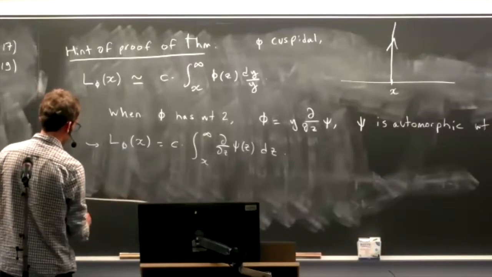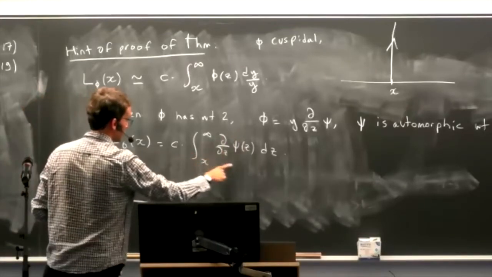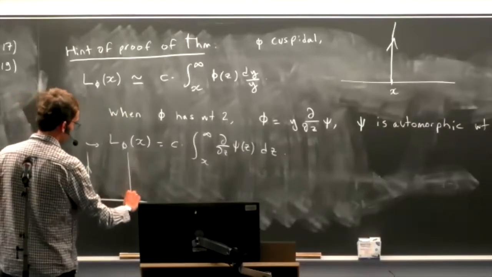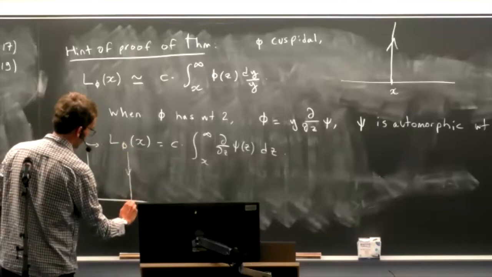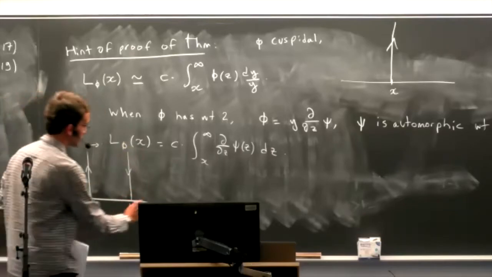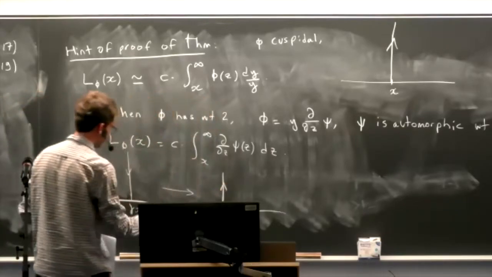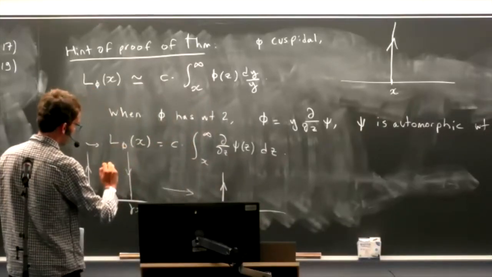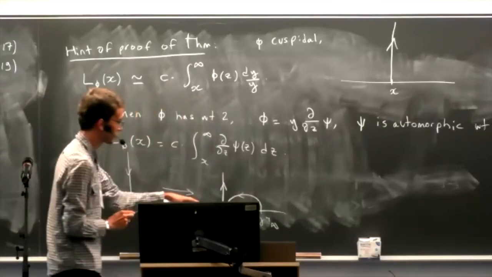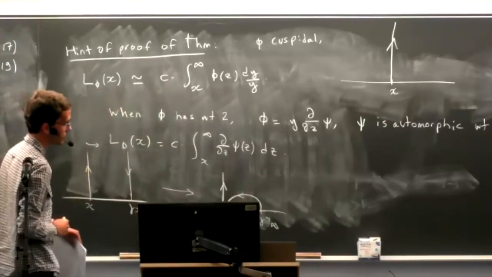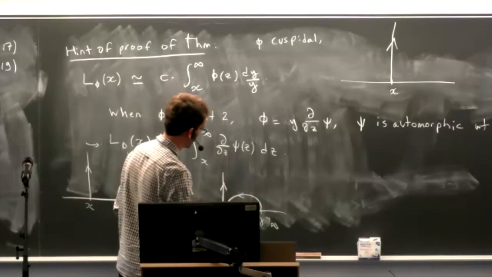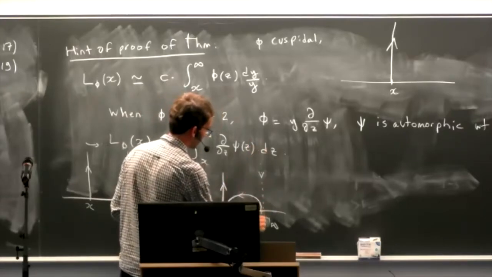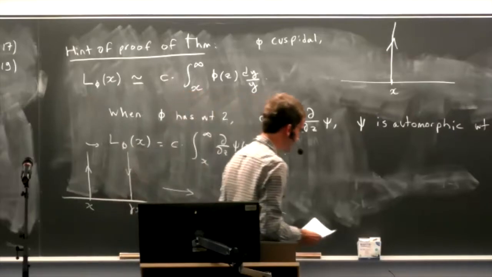So h gamma is what? It is integrating this function on one side from x to infinity, and you subtract from infinity to gamma x. And what you can do is change variable, a difference of two integrals, one from x to infinity, and one which goes from gamma minus 1 infinity to x along a circle. So the line gets transformed into a circle. And if you complete this picture by drawing a line from infinity to gamma minus 1 infinity, you end up